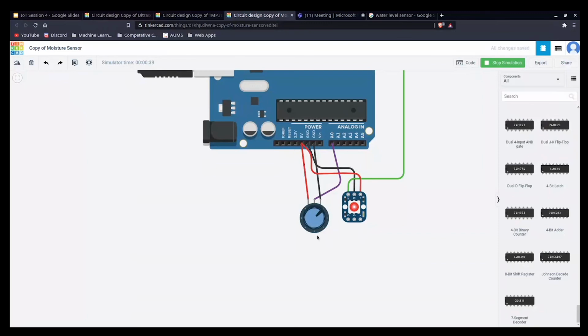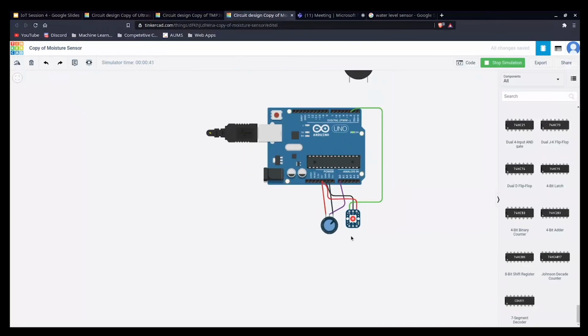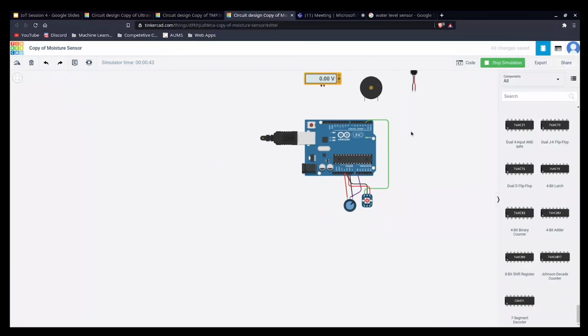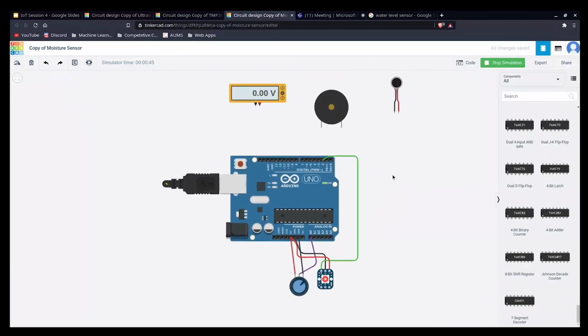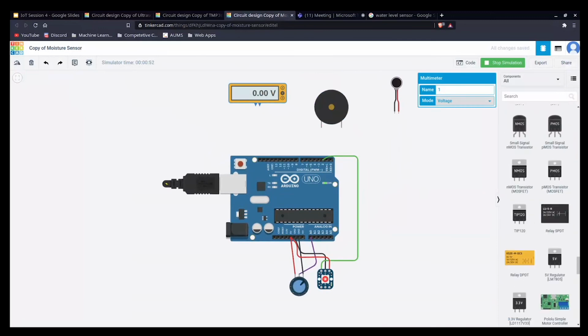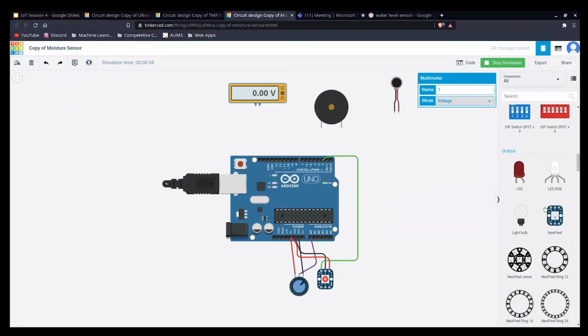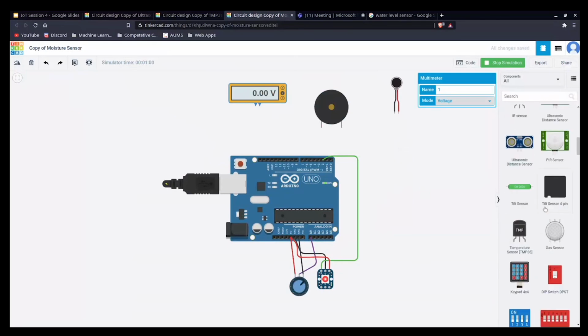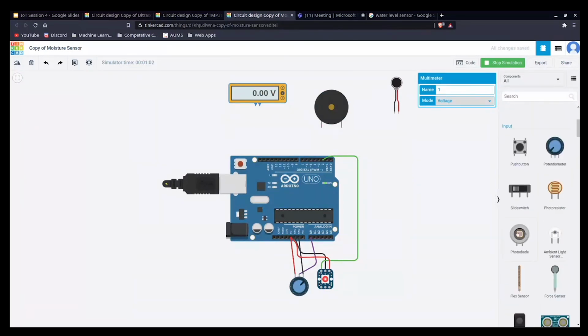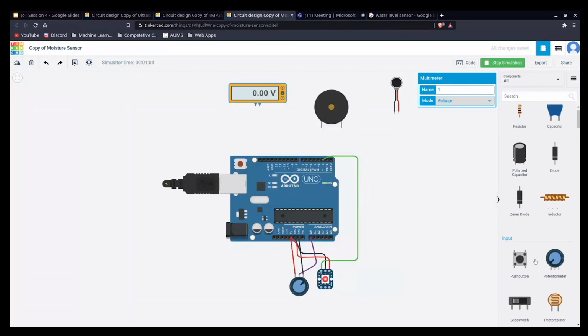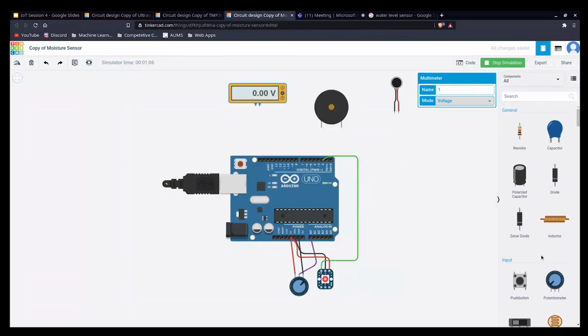Alright, so we have covered 3 conditions here. Okay, so now coming on to these things, this is a multimeter. We also have a lot of elements in Tinkercad. You guys can play with that or learn things. Like we have LEDs and transistors and different sensors like photodiodes, potentiometers that I've used here, and capacitors as well.